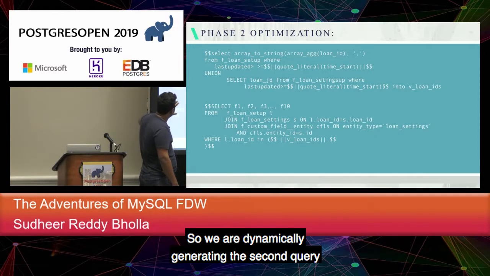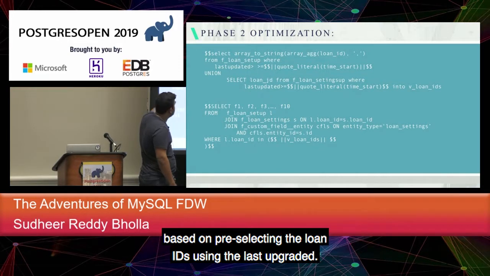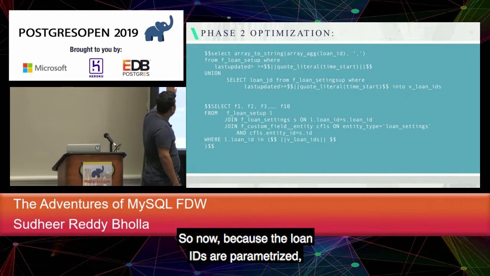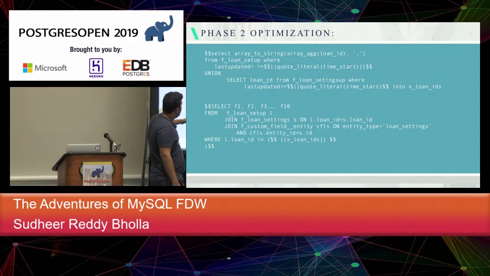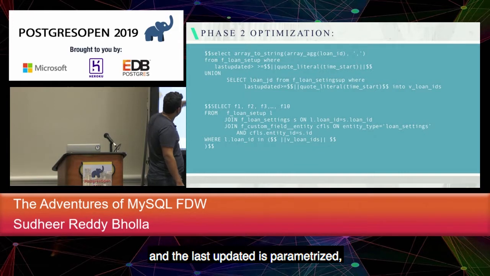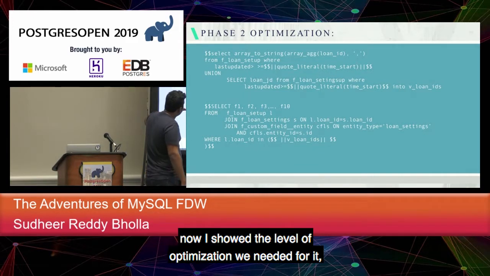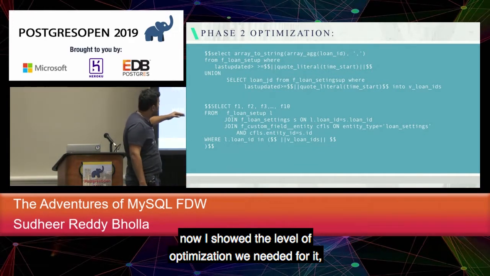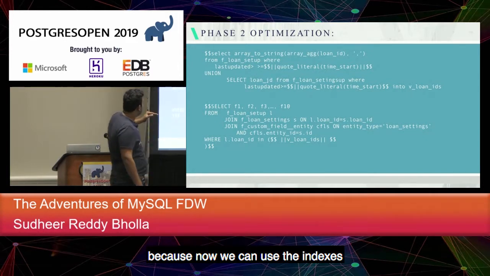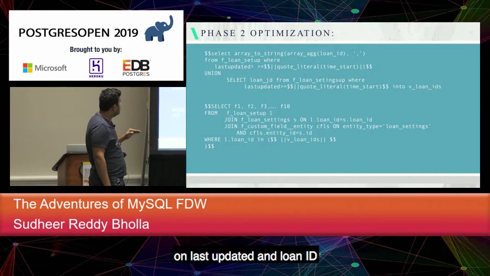So we are dynamically generating the second query based on pre-selecting the loan IDs using last updated. Now, because the loan IDs are parameterized and the last updated is parameterized, we have achieved the level of optimization we needed, because now it can use the indexes on last updated and loan ID,